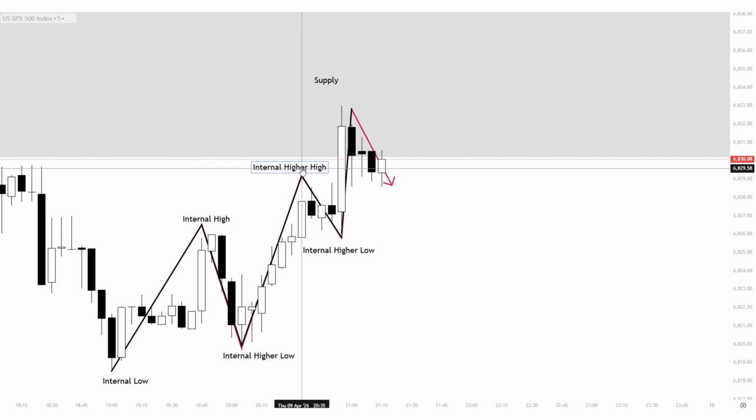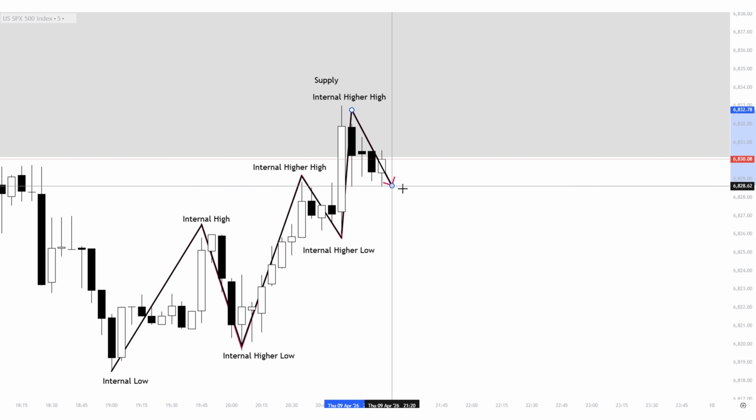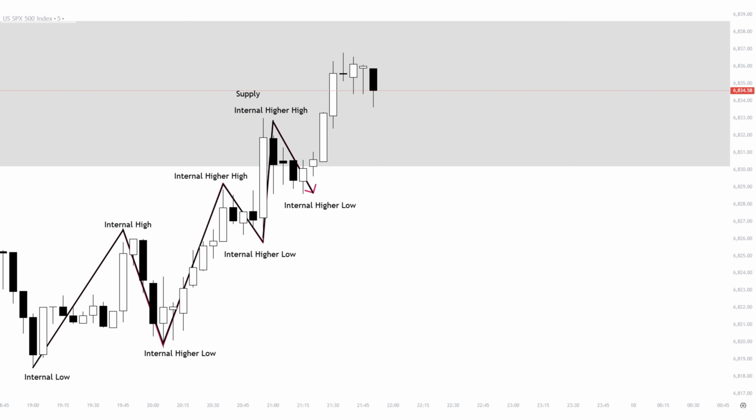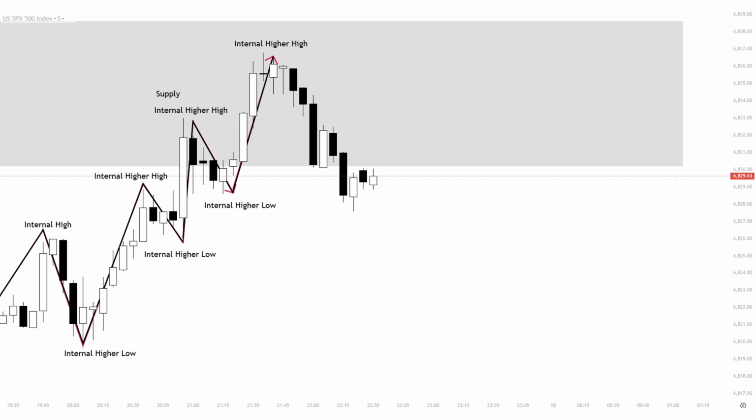And on the last price action, basically right when the market hit into the higher supply, that's when it validated a higher high internally. Now after a higher high, we expect a higher low, and from a higher low, a higher high is expected. This, of course, in case the uptrend holds, but it shouldn't hold for long since we're in a high time frame supply, and eventually the market has quite a high probability of reversing back down, which is what happened right